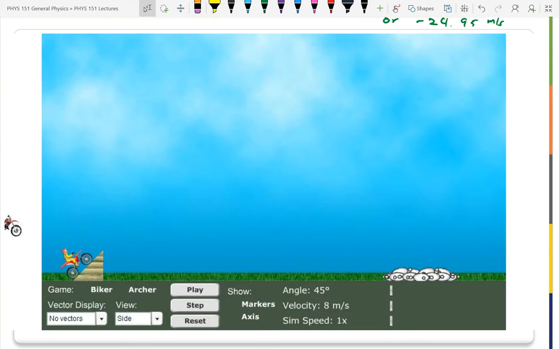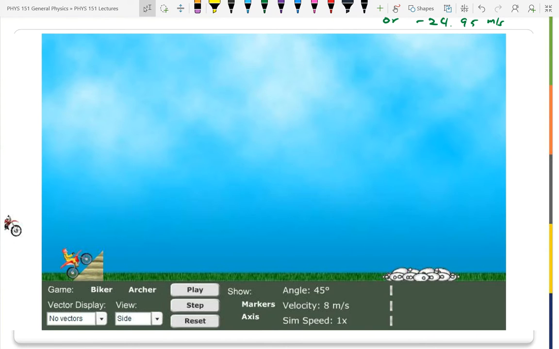Now, if I have it steeper, what's that doing to my initial velocity? My speed stays the same, but if I go steeper, what does that do to the initial velocity? It doesn't increase the velocity because the speed's the same. It lowers the x component while at the same time raising the y component. So if you go up faster, that's going to make you stay in the air longer.